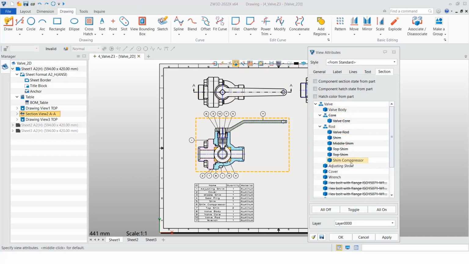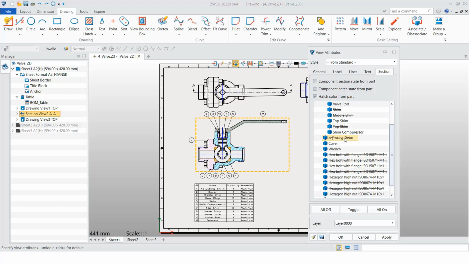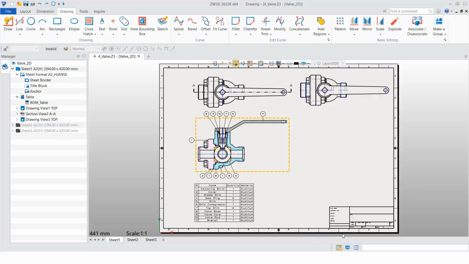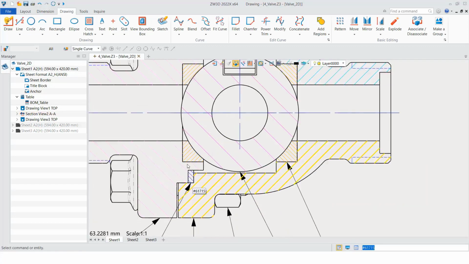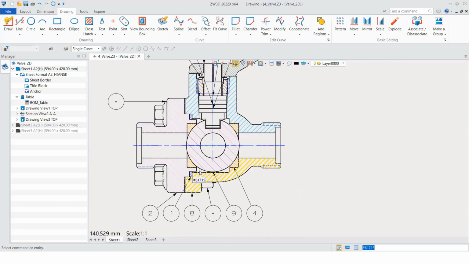So you can check here, for example, color is still okay, and I want this component to be sectioned, and also for this adjusting stream, I want to hatch. So let's check the result. You can find this result, and also here this is the adjusting stream. Okay,